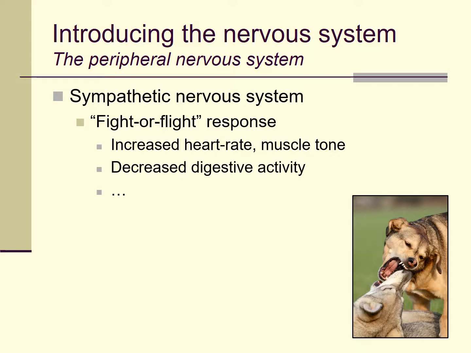So again, if you're a human or any other animal and you're about to get into a fight, you're under threat of attack, it makes sense to increase your heart rate because your heart can pump more blood, get more oxygen to the muscles, get rid of lactic acid and other metabolic byproducts from the muscles more efficiently. Your muscles get tense so you can punch or scramble up a rock or flee or fight or whatever. Your digestive activity decreases because you don't at that very moment need to digest your food. You don't need to waste any resources of the body in terms of its blood flow working on that meal.